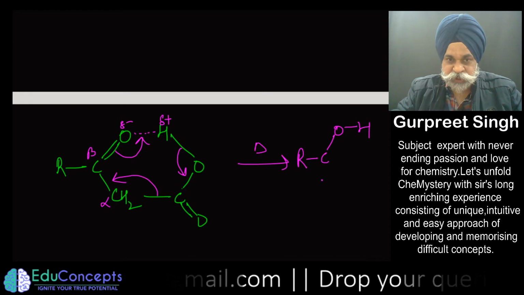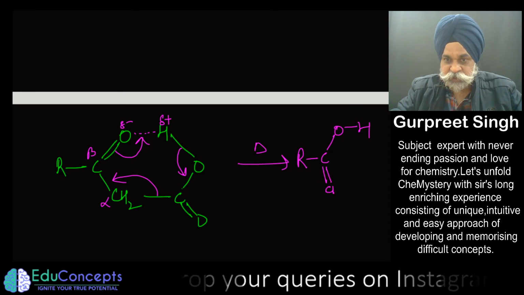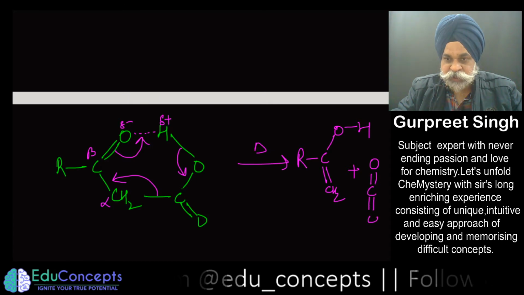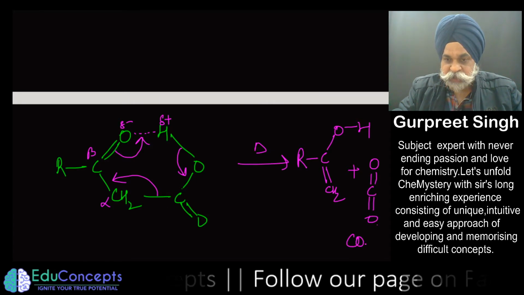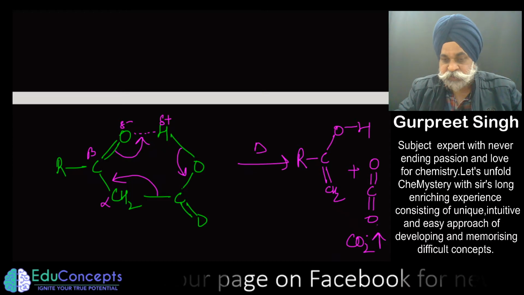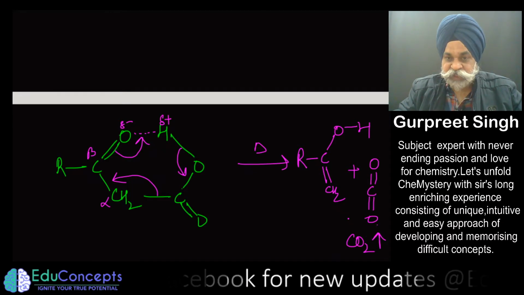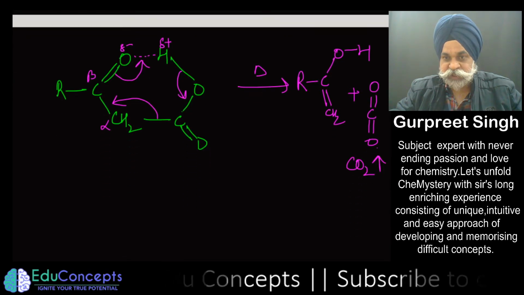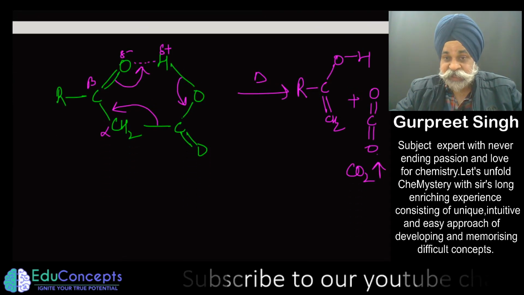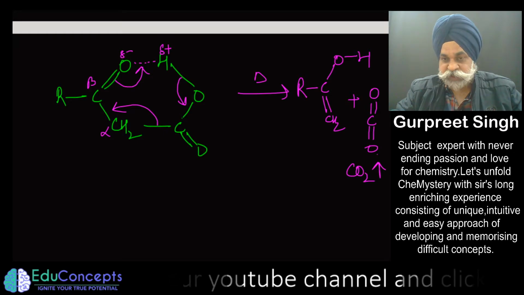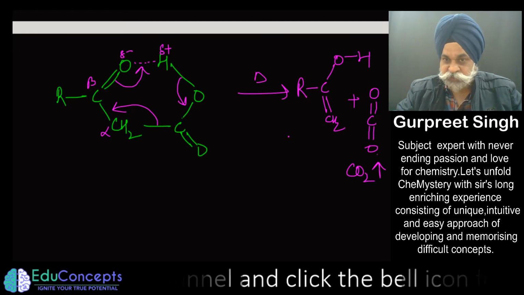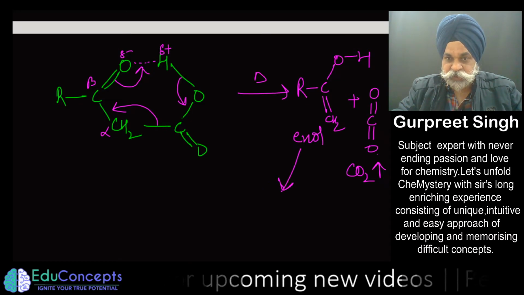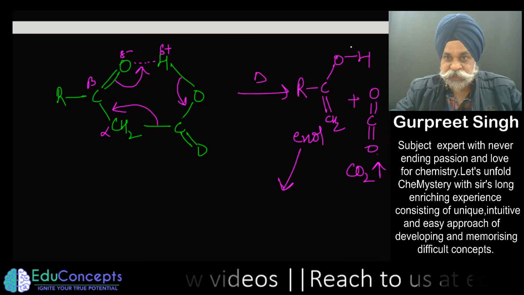Here comes the OH and here comes the double bond, and this would take out as carbon dioxide. Since carbon dioxide is losing out, being a gas, whenever in any organic reaction gas is being produced, or any reaction where gas is being evolved, that generally is entropy driven. Once this gas goes out, this reaction goes forward, and this is what you got as enol, and this enol then tautomerize back to ketone.